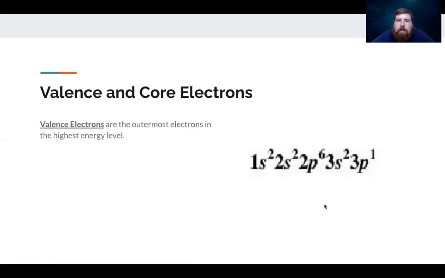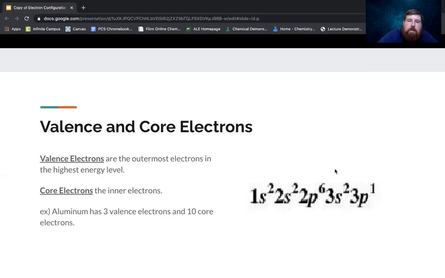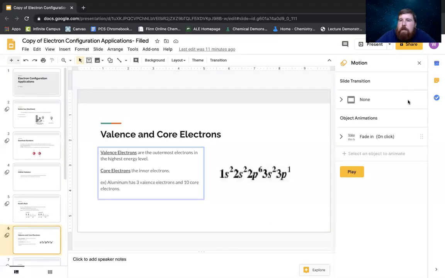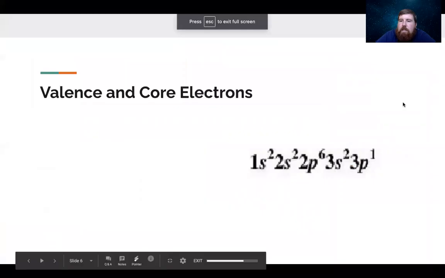And then last but not least, valence and core electrons. We've talked about these probably a good amount in our class so far, but just a reminder that valence electrons are defined as the outermost electrons. So when we're looking at this, the outermost electrons are going to be